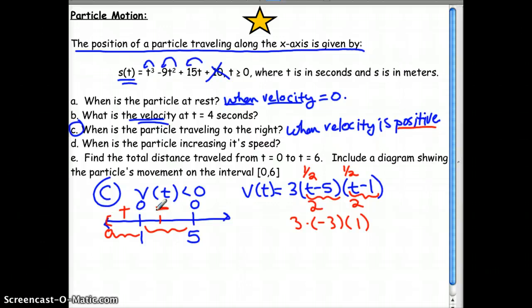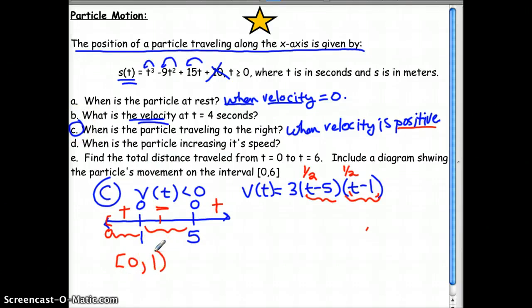And likewise, when I go past 5 seconds, I can even just go right to 6. I'm going to have 3 times a positive in here. So this ends up being positive on to infinity. I could have picked a 20 to put in for t, and I'm going to be getting positives out of both of these products. So you can see that my velocity is positive on the time interval 0 to 1,